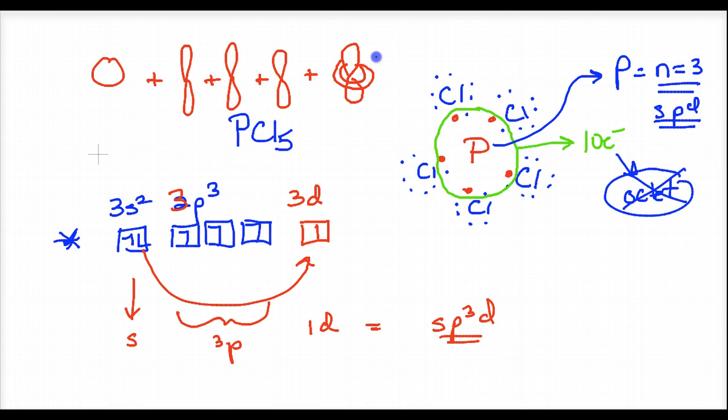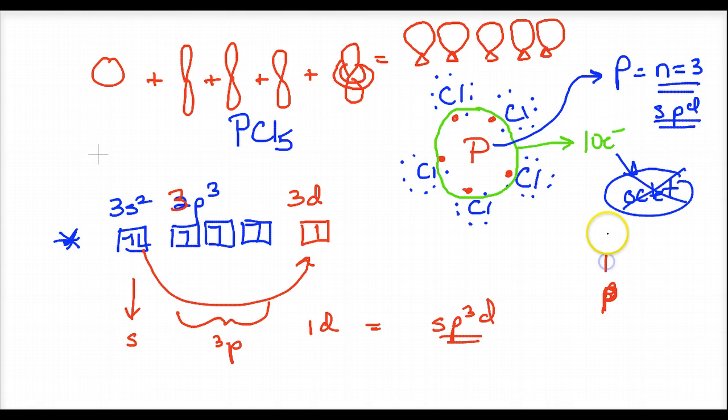You put these together, and what you get is something that resembles an sp3d orbital, and I would draw this 5 times. 5 equal shapes. Now, it's important you understand these are 5 equal shapes. These are all sp3d shapes, and there's 5 of them. Because they're the same size and same energy, they will repel themselves into the top of a 3-sided pyramid on both sides. So if I draw this again, here's the phosphorus, here's my first Cl, here's my second Cl, and then you're going to have,